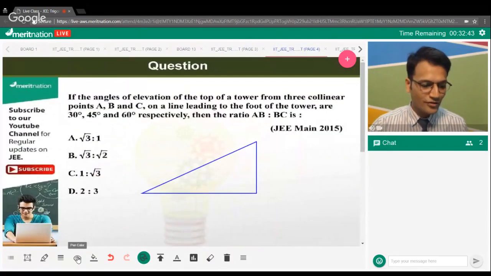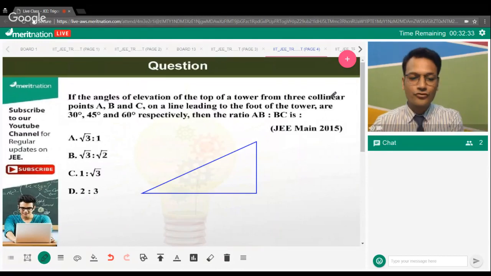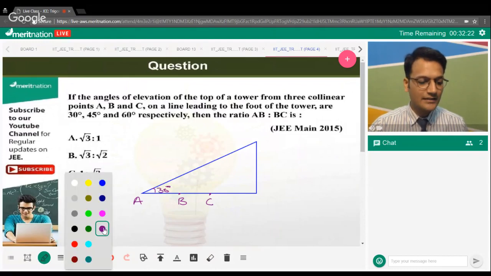Let's quickly solve this question as well. This is 30. Let me just mark these triangles as well. A, B, C are the points. The angle of elevation of the top of a tower from three collinear points A, B, C. So one point is A, another point B over here, and another point C over here, which makes an angle of 30 degrees. From B, if I make the angle,